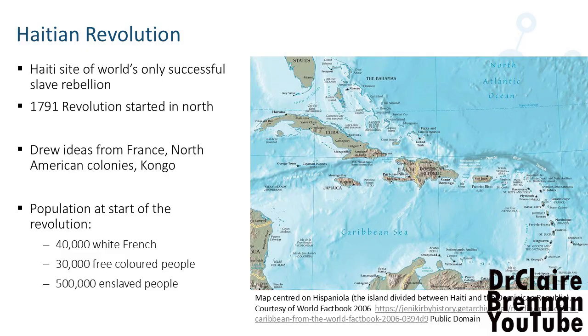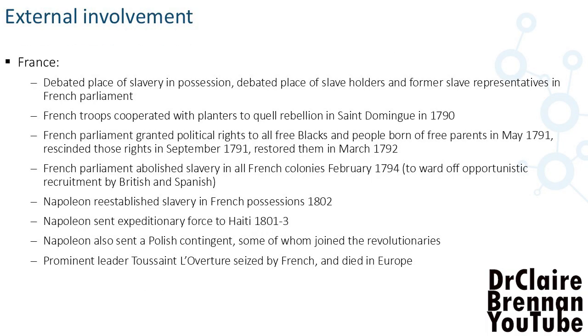Again, this revolution takes time and it's fiercely contested. It starts in 1791. The revolutionaries don't manage to take over the island until 1801. And the new nation of Haiti is proclaimed in 1804. And that process is slowed because it's not just the people on Haiti who are involved in this revolution. Saint-Domingue was a French colony. It drew ideas from across the Atlantic, from France, and people from Haiti also had representation in the French Parliament.